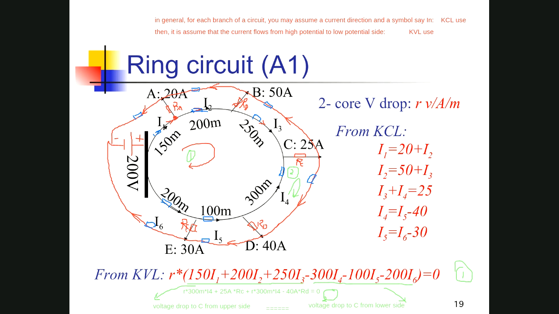Okay, so the voltage drop to C from the upper side and the voltage drop to C from the lower side are equal, which is the maximum point, right? Which is the maximum point. So then we can make the estimations of the cable size based on the voltage drop to C. Okay, now